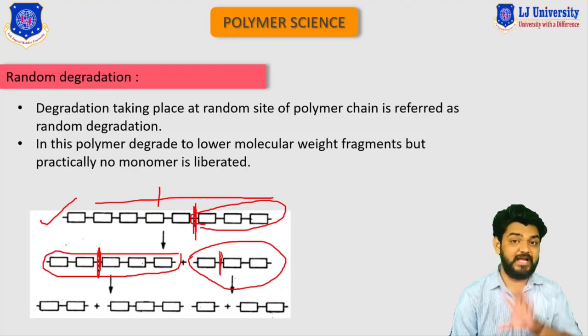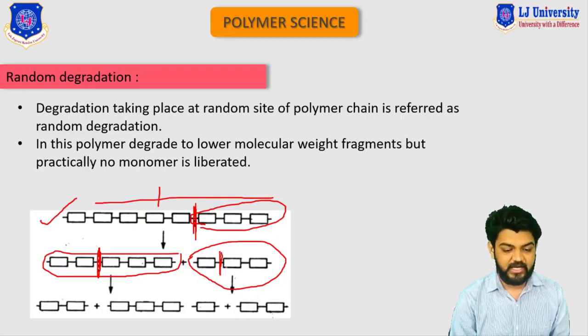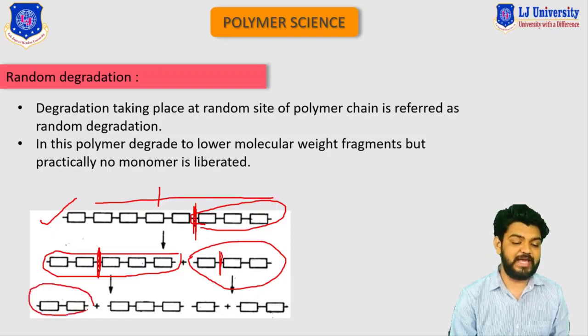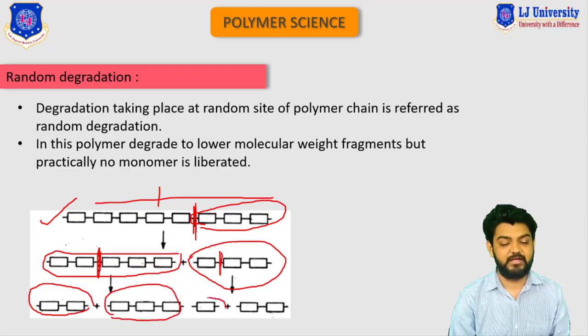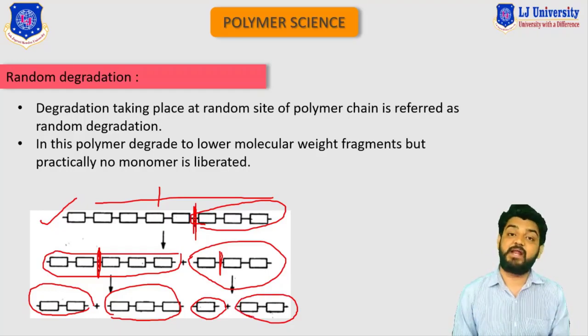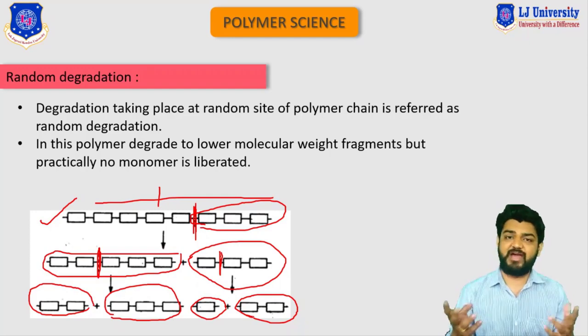So you can see that practically we do not have a single monomer, but we do have groups of monomers. You can see that here we have a group of 3 monomers and here we have a group of 5 monomers. On further heating, we will have a group of 2 monomers like this from these 5 monomers, and the 3 monomers will be like this. And this group of 3 monomers will degrade in this manner. This particular part will have only a single monomer and this group will have 2 monomers. So this is what we mean by the random degradation process. This degradation practically does not generate monomers and it can occur anywhere along the long chain.